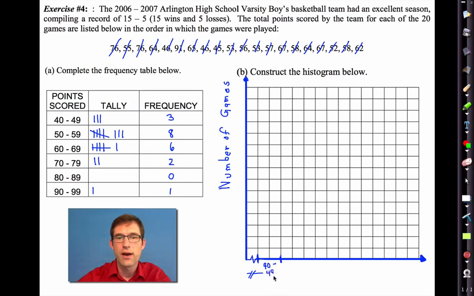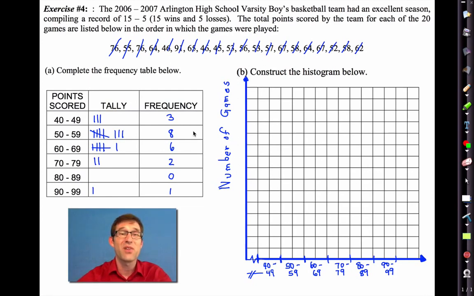40 to 49, my next category. 50 to 59, my next category. 60 to 69, the next one. 70 to 79, the next. 80 to 89, and the next one. 90 to 99. All right, if there was some reason to make this go by 2s or 5s or